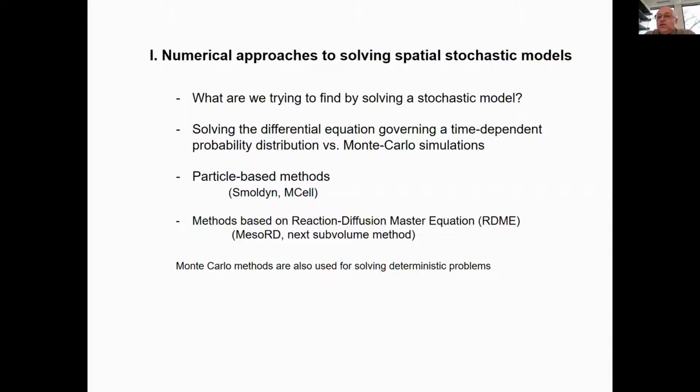And although you have just to find one function, which is the time-dependent probability distribution, the domain in which it is defined is so large that solving the differential equation that governs this time-dependent probability distribution is no longer practical for almost any systems. So you have to resort to methods that simulate